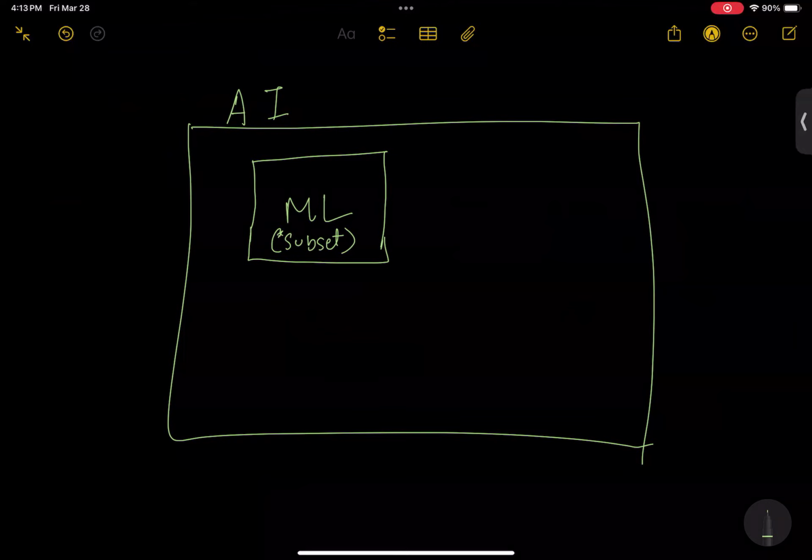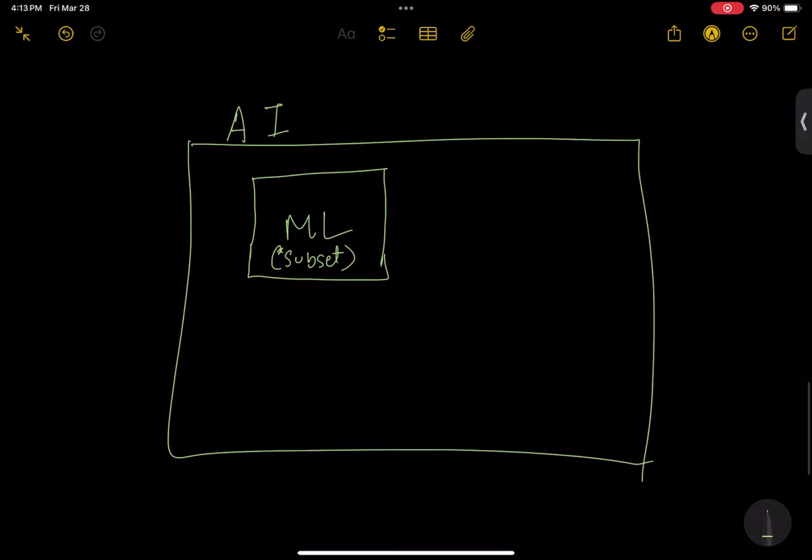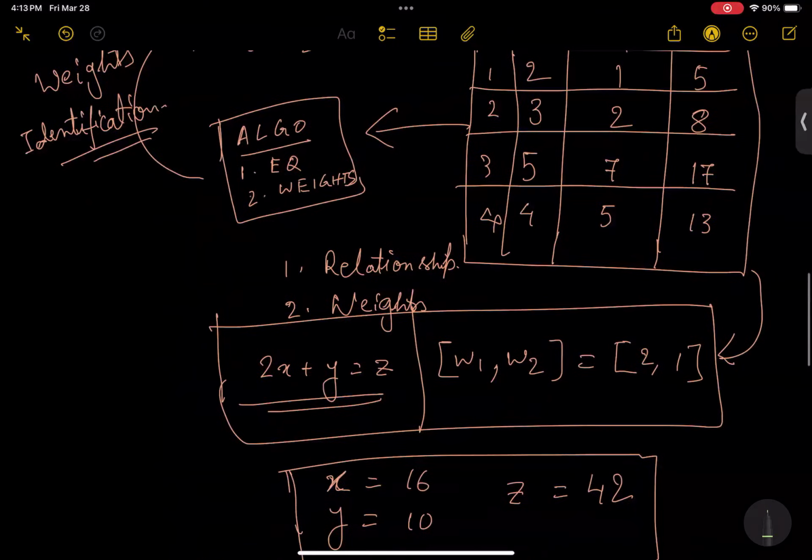This subset is focused on building systems that learn from data, right? We just saw one example. So what does an ML system do? You should be very clear with the differences. ML learns patterns from the data, and it improves that pattern over time. If you train that machine with some more data, it is going to improve. ML just learns from the patterns of data. So in this case, it is learning the pattern.